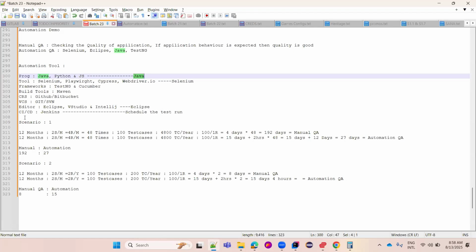Okay, for example, if you want to cook any item, people may cook in different ways. Person A will cook in one way, person B in another way. But by the end, that item should be cooked properly with proper ingredients, right? So if you have all these ingredients in the automation part, then you can easily cook the project in the framework. Okay, so it's very important to learn all those things. It's not much difficult.